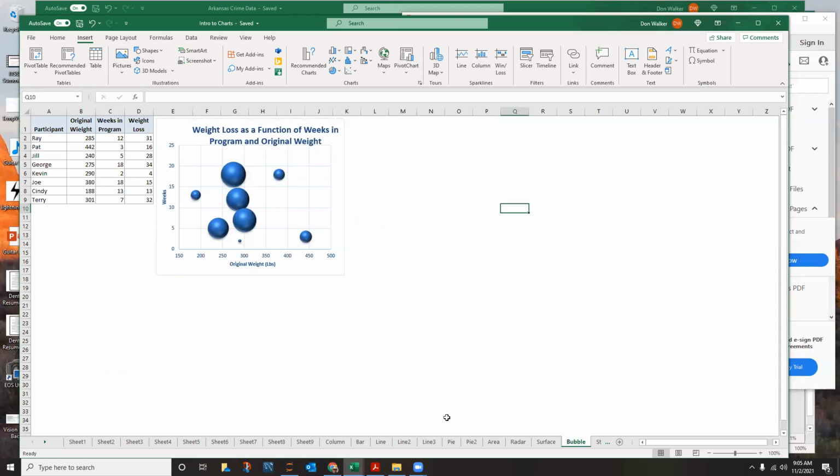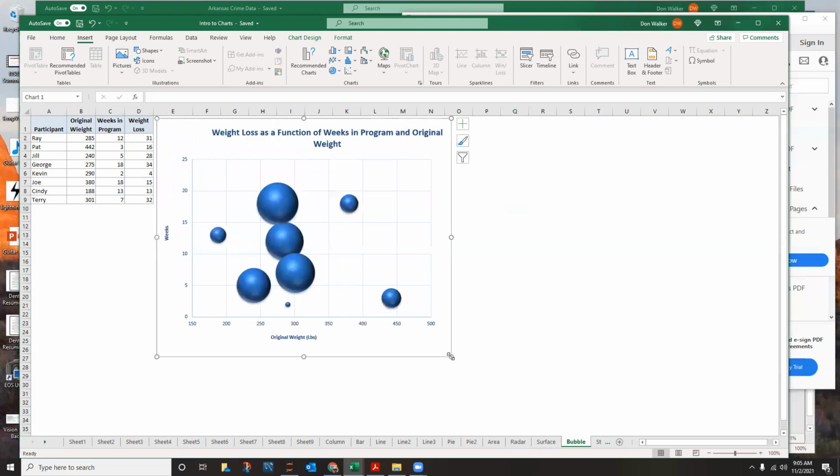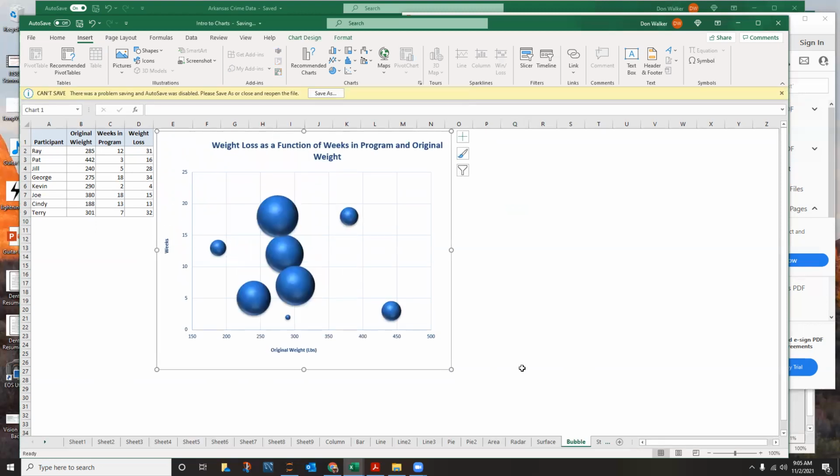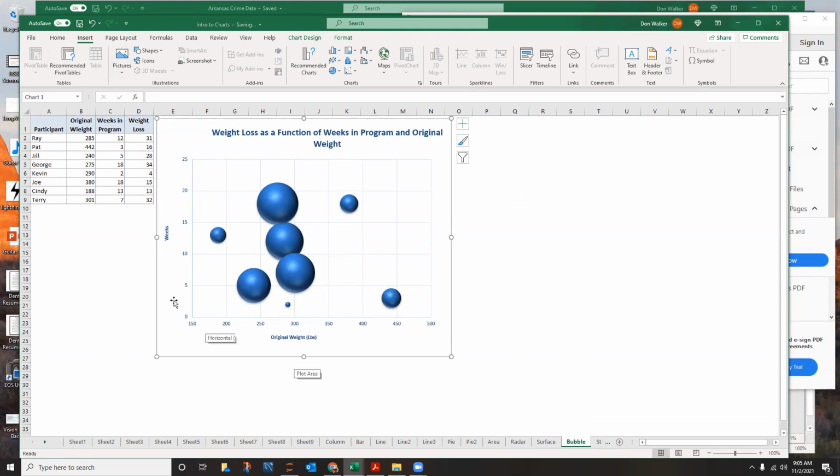And then you've got a bubble chart, which is a lot like an XY or scatter plot. I looked and looked and looked at this example, and I don't love it. But this is sort of like a scatter plot, where for this one you have a participant in a weight loss program, and you've got their original weight across the x-axis. So that would be somewhat your independent variable. And then on your y-axis, you have the number of weeks that they have been in the program,